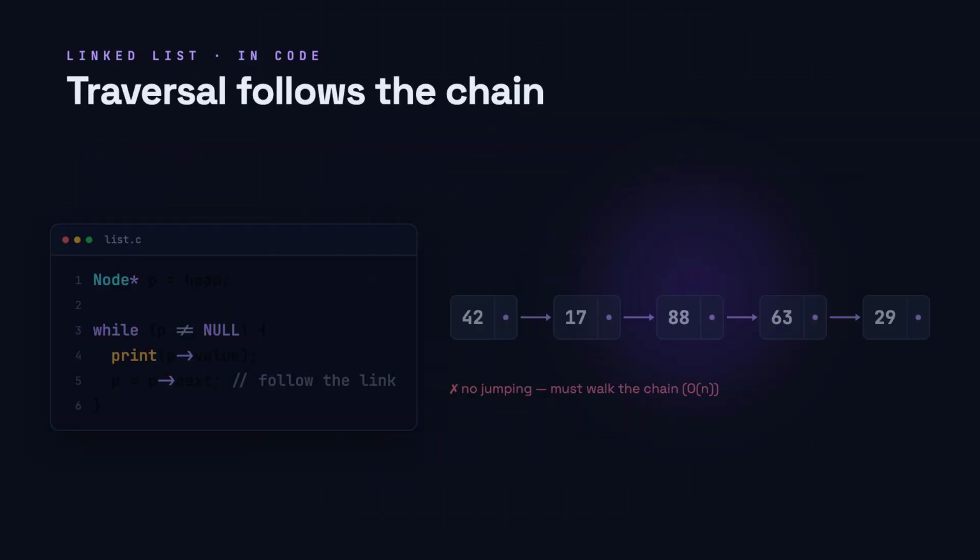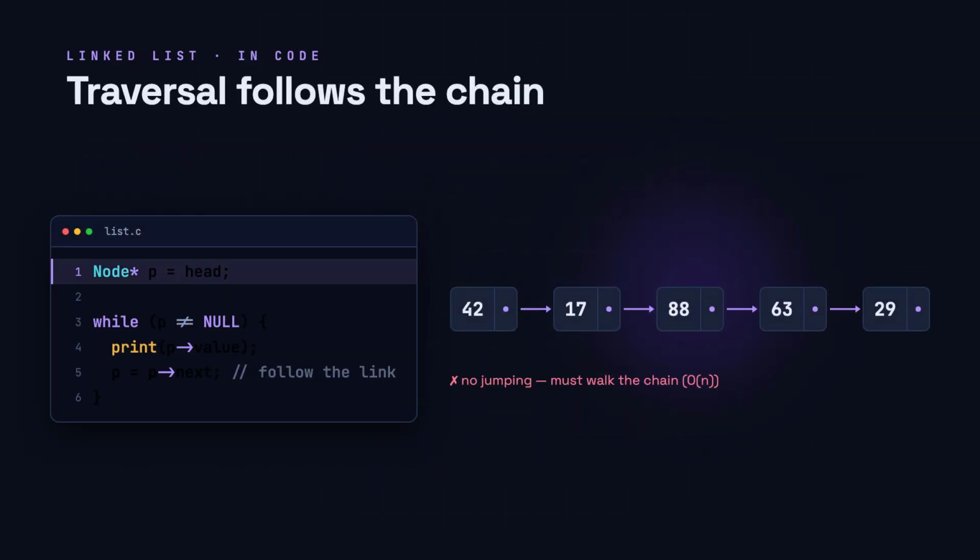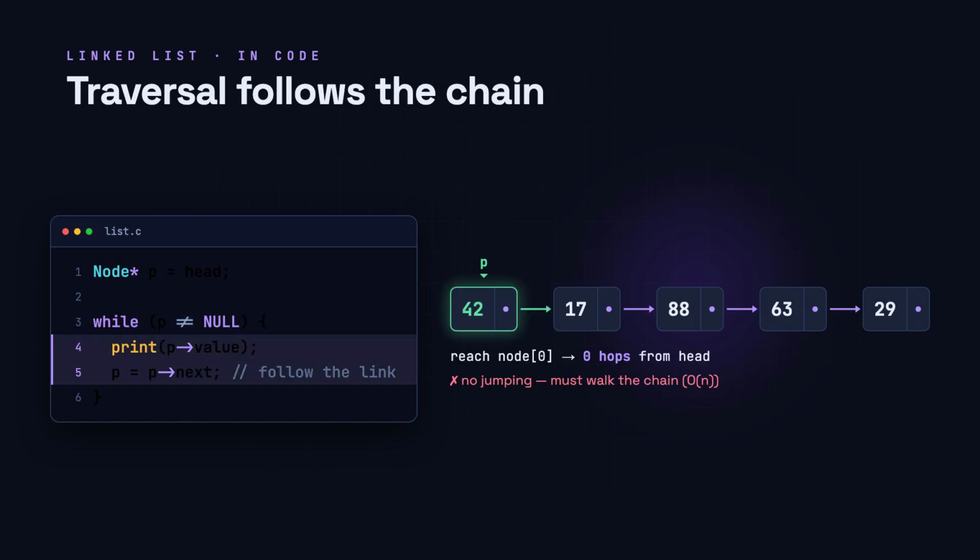Now the same loop for a linked list. We start with a pointer P pointing at the head node. Each turn we read the node's value, then follow P to its next pointer, hopping to wherever the next node happens to live. There's no index formula here. To reach the 5th node, we must pass through every node before it. Same goal, but a very different journey